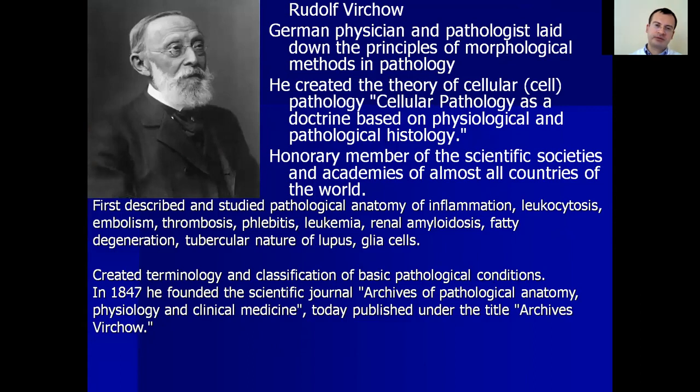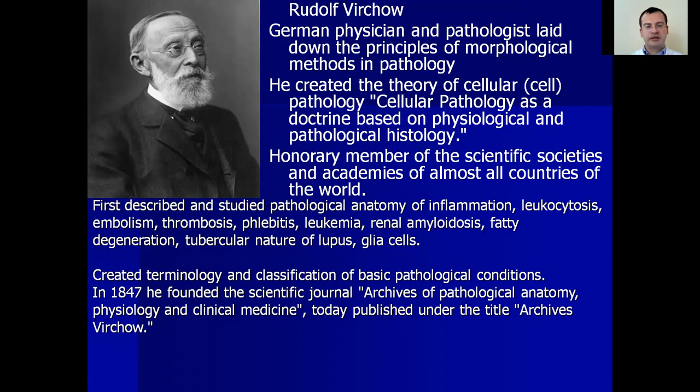Rudolf Virchow. He created the theory of cellular pathology, as a doctrine based on physiological and pathological histology. He was an honorary member of the scientific societies and academies of almost all countries of the world. He first described and studied the pathological anatomy of inflammation, leukocytosis, embolism,